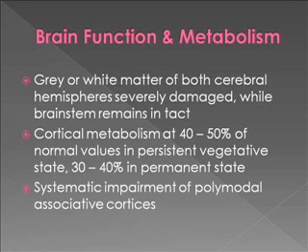Another hallmark of the vegetative state is systematic impairment of metabolism in the polymodal associative cortices, including the bilateral prefrontal regions and Broca's area, among others. These regions are known to be important in functions such as attention, memory, language, and consciousness. While it is unknown whether or not these metabolic impairments are due to irreversible neuronal loss, in rare cases where the patient regains awareness, recovery of metabolism in these areas is observed. Even though this may seem promising for recovery, the mechanism by which this normalization occurs is still unknown.